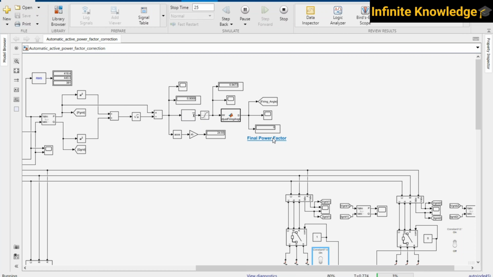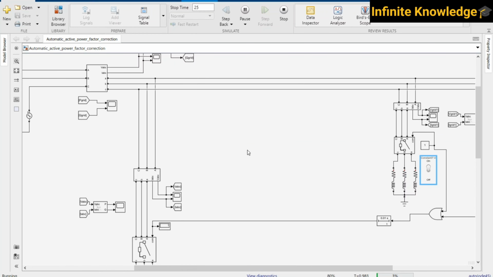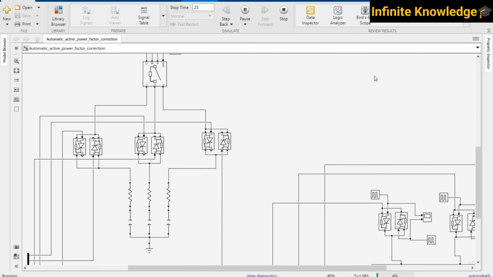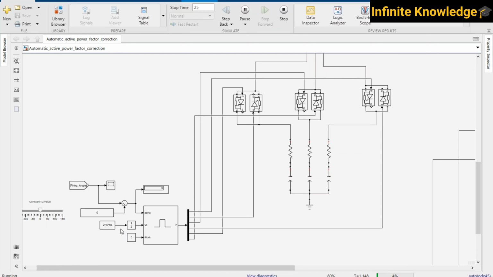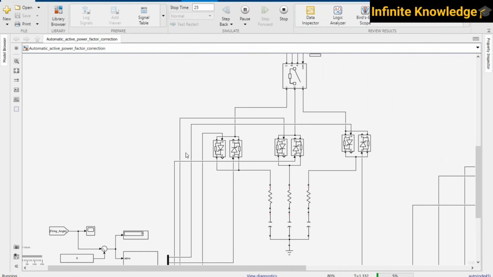So you are getting this power factor, and you can see the angle is 0. It means this angle is totally controlled through here. This is the firing angle. You can control the firing angle by this manual switch also, and you can see this is 0 degree. But